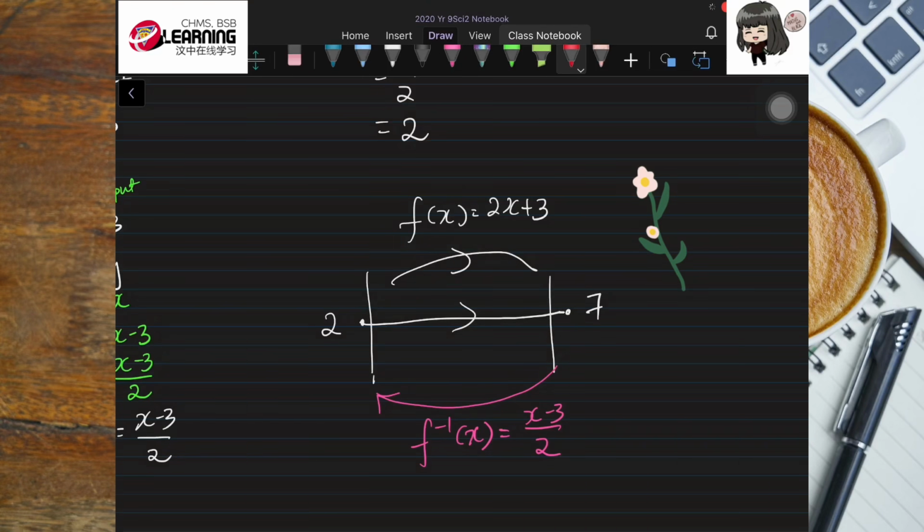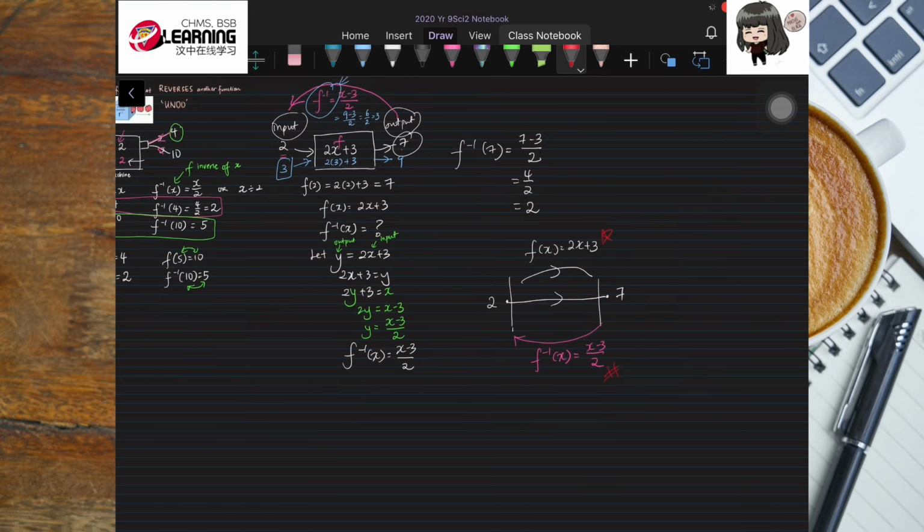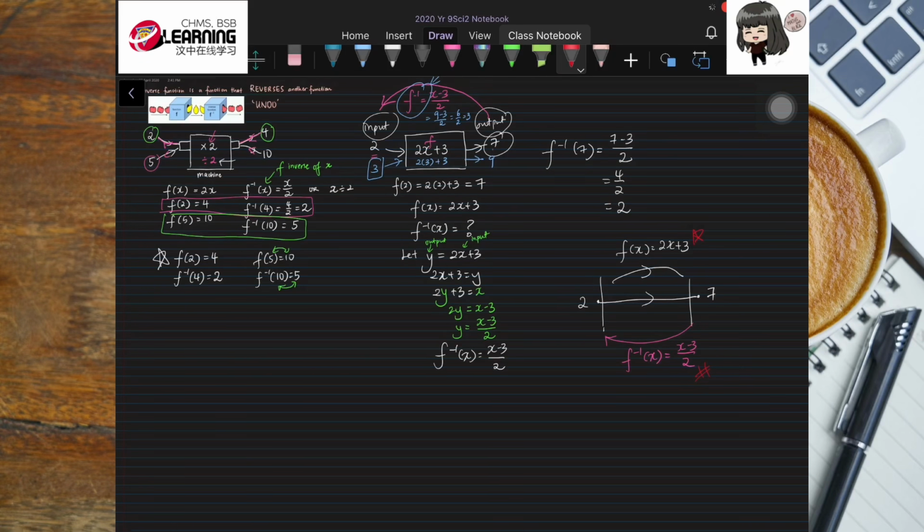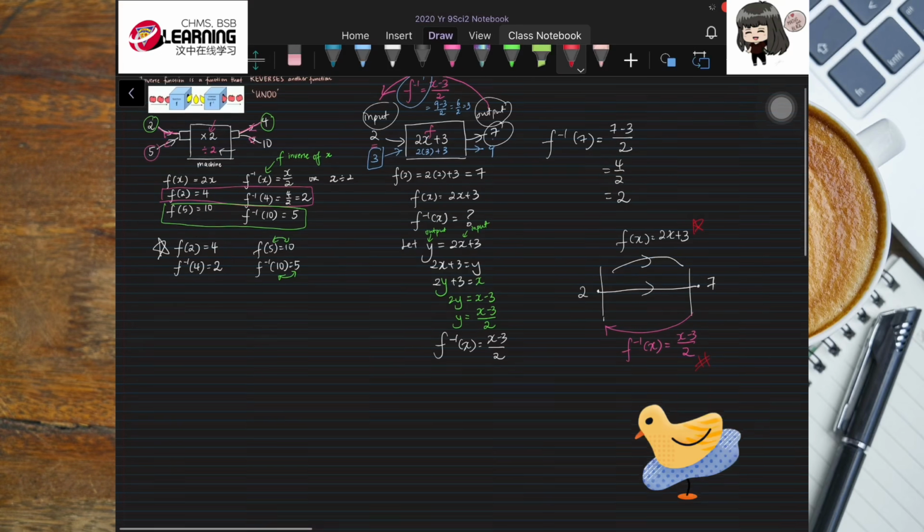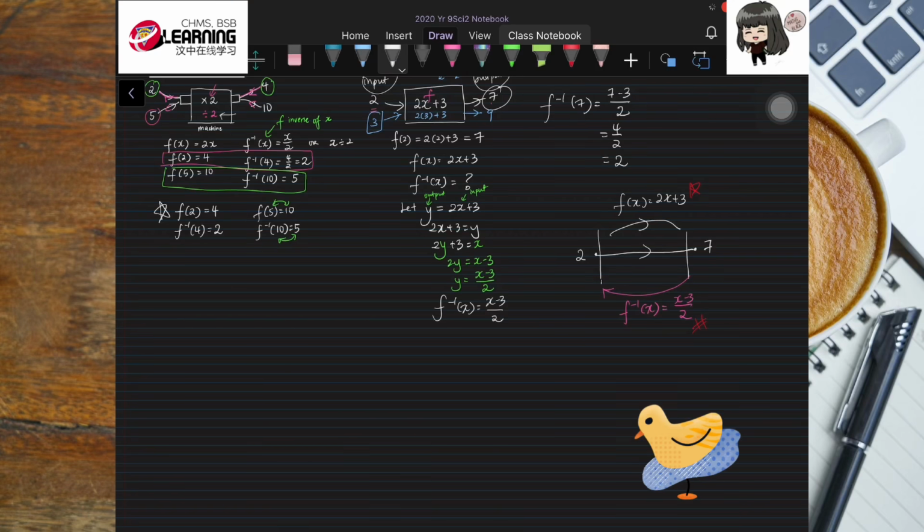You are given a function f and you need to find the inverse of it, the rule and the expression of the inverse. So this is the example. Please take note that